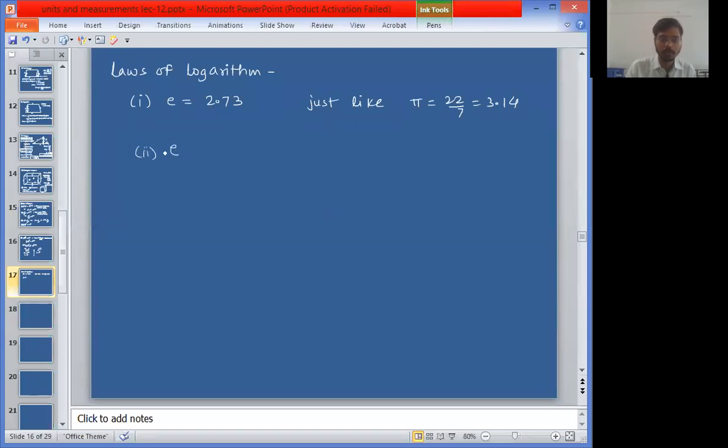Second, write down along with me. If some number, that number can be e, can be a, b, c, d, any value. If e raised to x, now x is going to be again some number, e is going to be again some number. This operation, power, index, let's say its answer is equal to y. This format is called exponential form because there is an index.